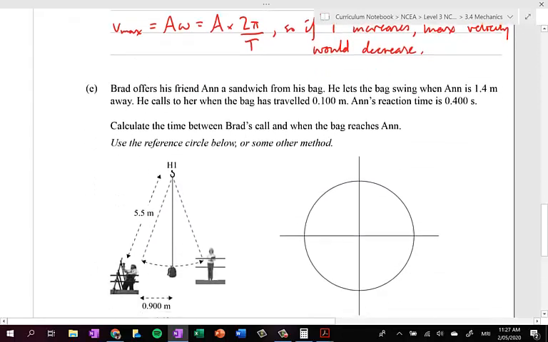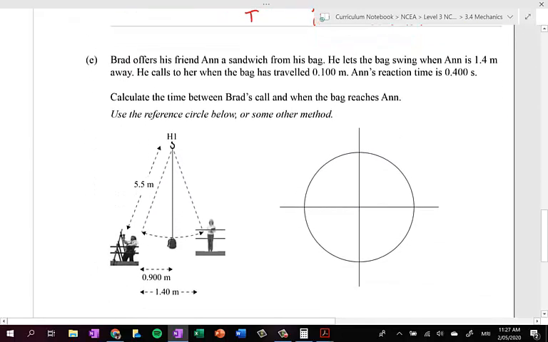Okay. For E, we're told that Brad offers his friend Anne a sandwich from his bag, and he lets the bag swing when Anne is 1.4 meters away. So she is 1.4 meters away. Calculate the time between Brad's call and when the bag reaches Anne. So we have it starting here,